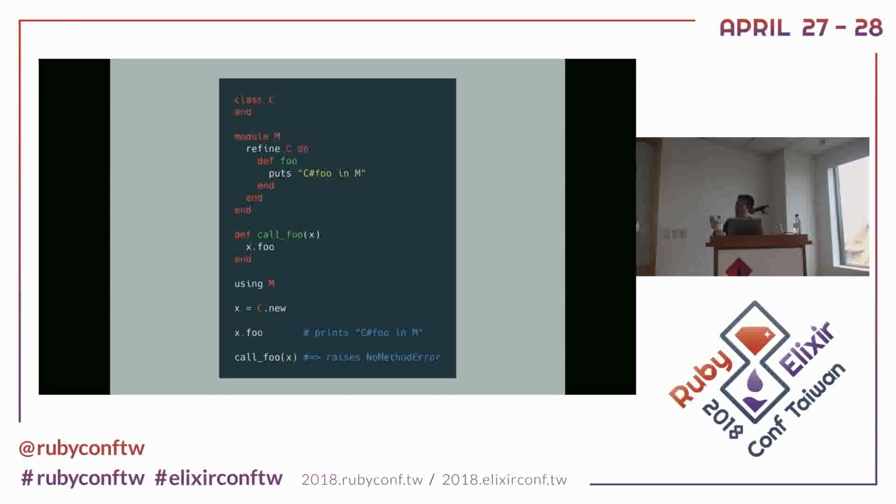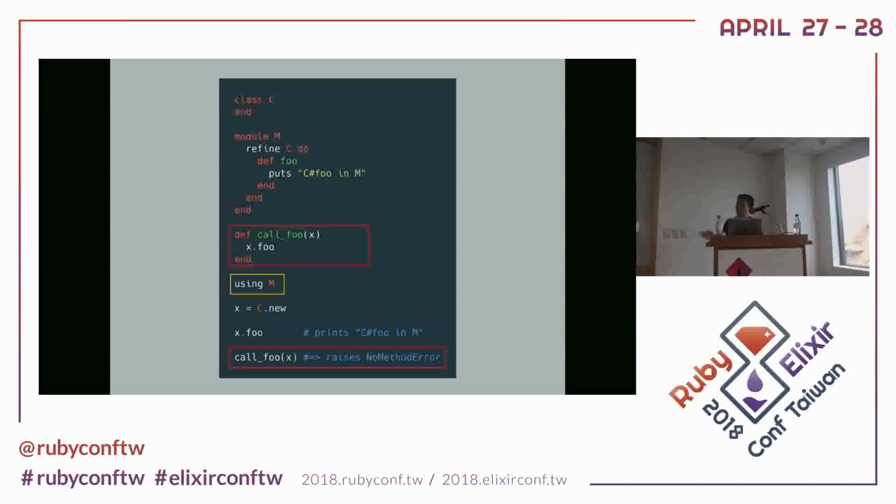This is our sample code. You can see that we extend the C class inside module M, using the refine keyword. And to activate the refinement, you need to use the using keyword with the module that contains the refinement.